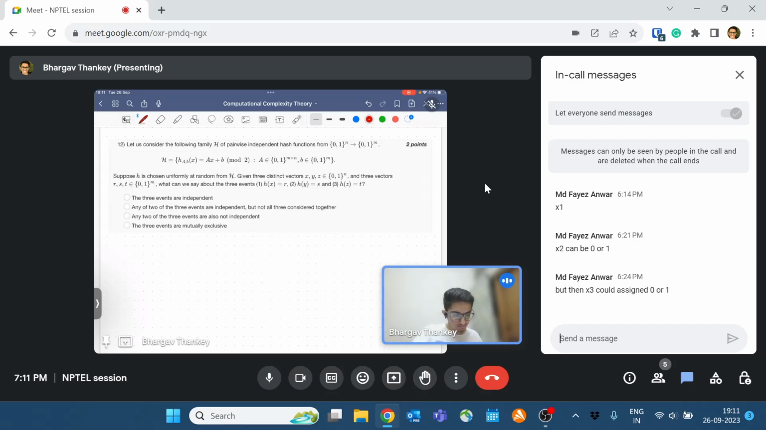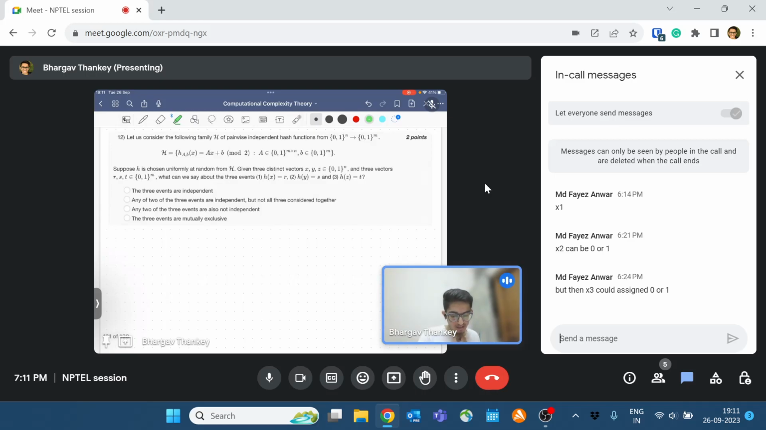The next problem is: let us consider the following family H of pairwise independent hash functions from {0,1}^n to {0,1}^m. H equals h_{A,B}(x) = Ax + B mod 2, where A is an m cross n matrix and B is a vector in {0,1}^m. Suppose h is chosen uniformly at random from H. Given three distinct vectors x, y, and z, and three vectors r, s, and t, what can we say about